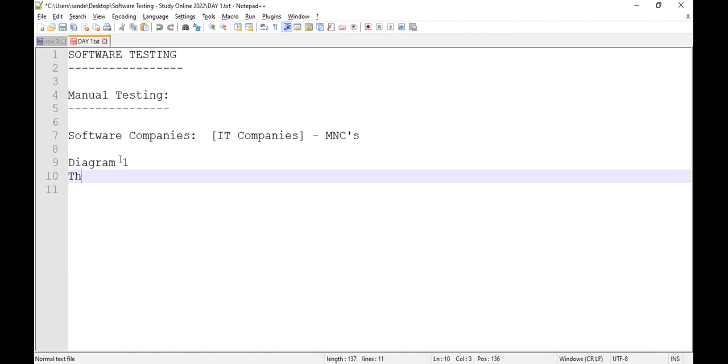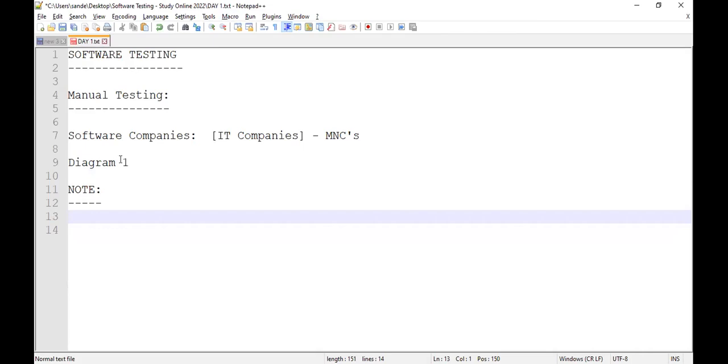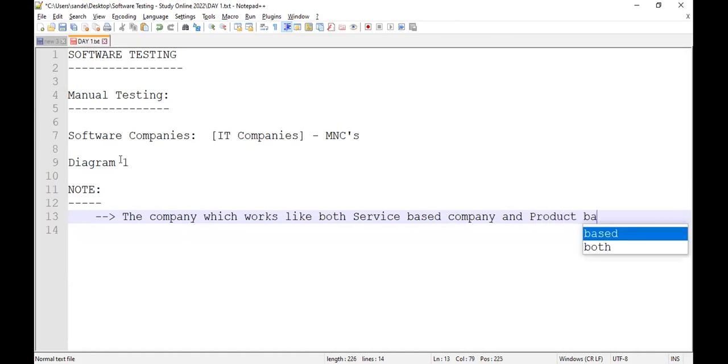Okay, I'll just tell the companies, or I'll just tell the company which works on both, which works like both service-based company and product-based company.